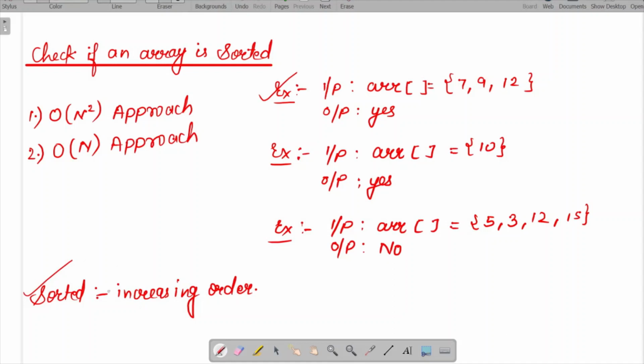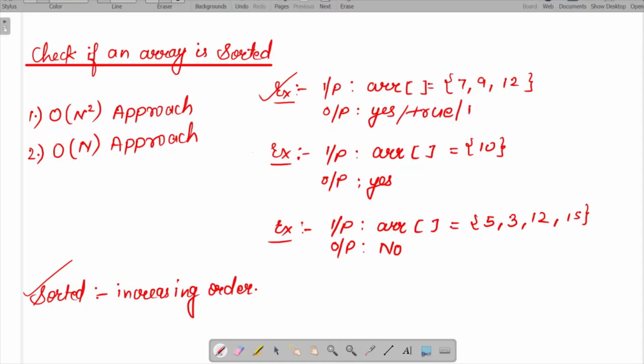We just have to consider the array which is sorted in increasing order. So we can see that this array 7, 9, 12 is sorted in increasing order. So we can output yes, which means that yes, it is sorted. Or you can also output true, 1, whatever, like you have to return a boolean value.